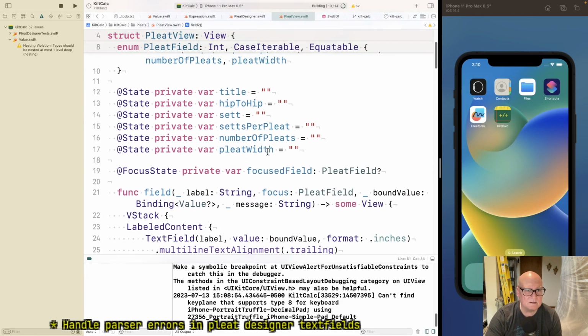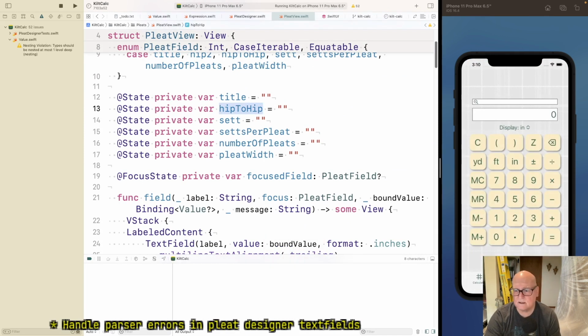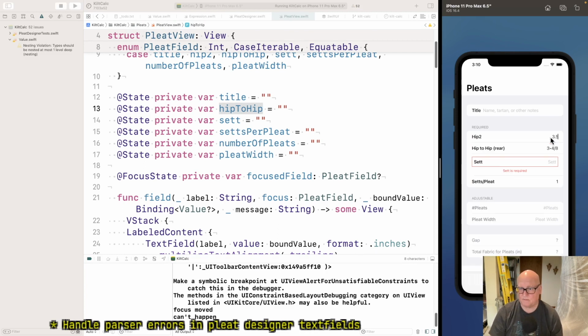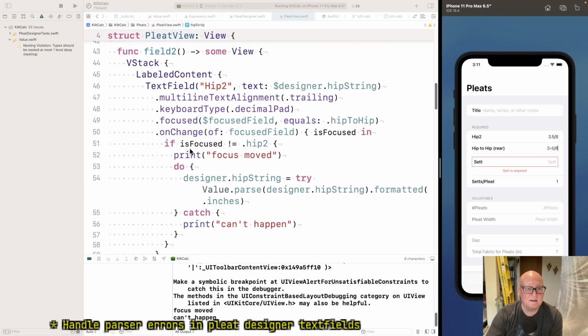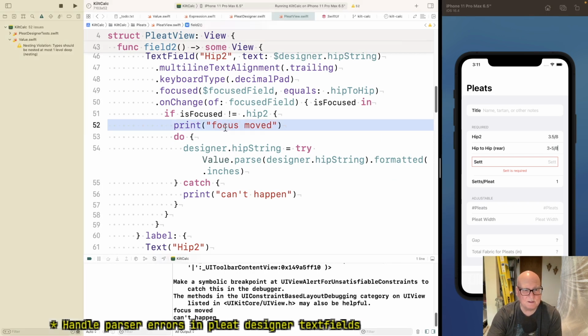Oh, and I need a, I don't know why they had this. Okay, 3.5/8. Move. Okay. Focus moved can't happen. All right. That's progress for you. Okay, so if we move away from hip 2, we get focus moved.